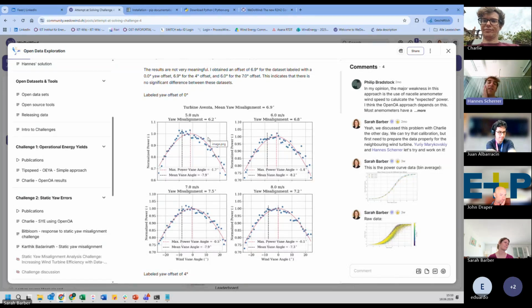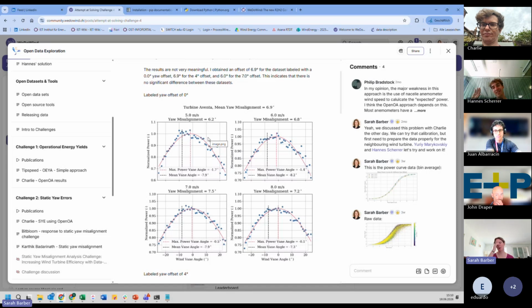These plots are showing the offset calculated by this library for different wind speeds, and the goal of this library, I think, is to calculate the wind speed in the, I don't know how it's called, the time when the wind curve is rising.